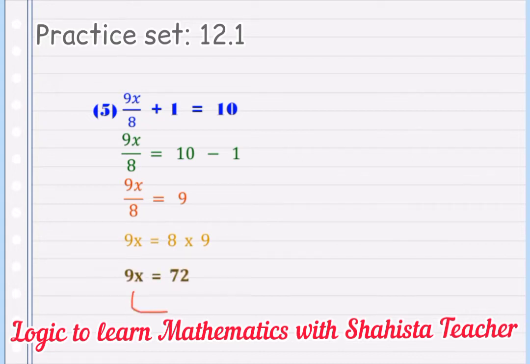Here the numerator is 72 and the denominator is 9. That means x is equal to 72 upon 9. We will divide this number. 72 divided by 9. So 9 ones are 9 and 9 eights are 72. So x is equal to 8. Is that clear, my dear students? So simple. So in this way we have completed sub question 5 of question number 2.